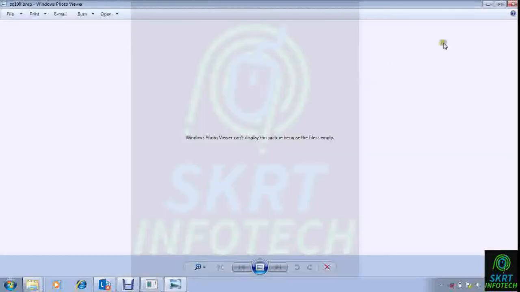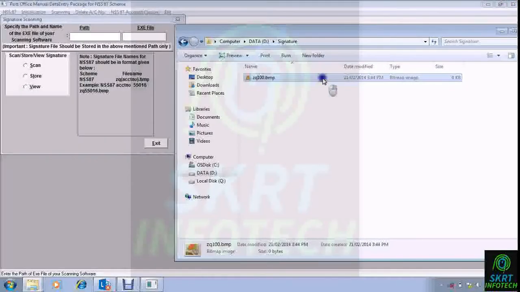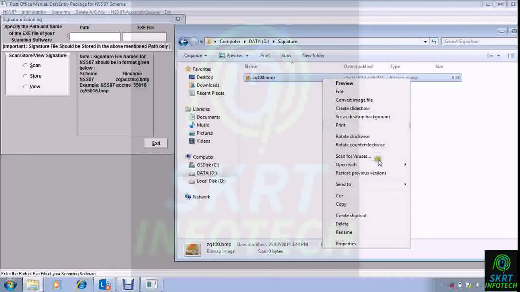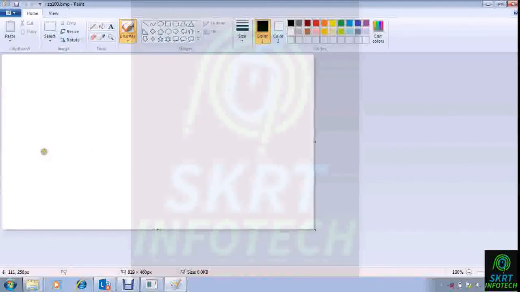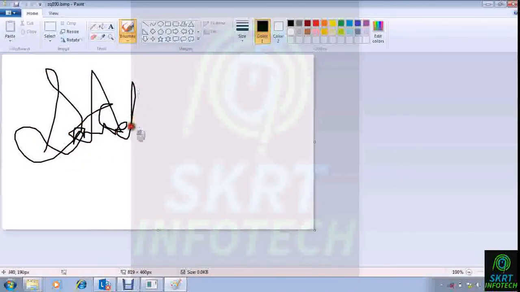I have to sign this particular document for it to get attached. Open with Paint. So I'm done signing it.